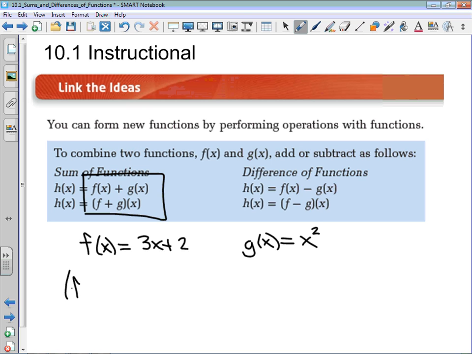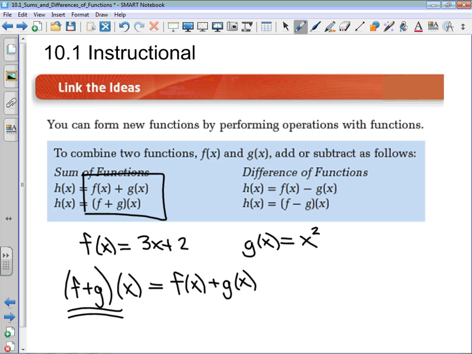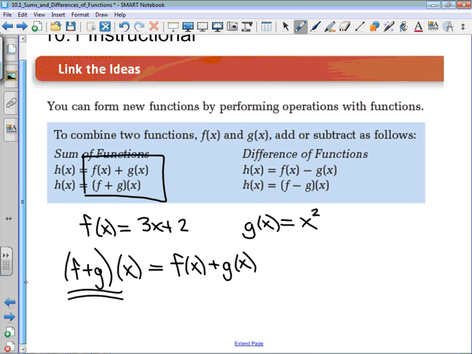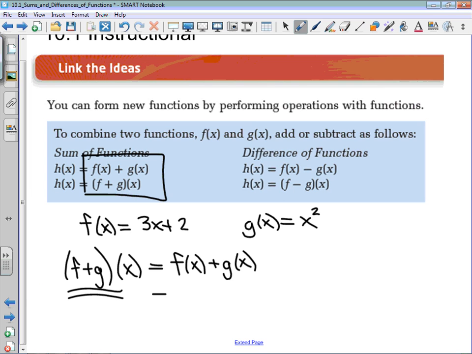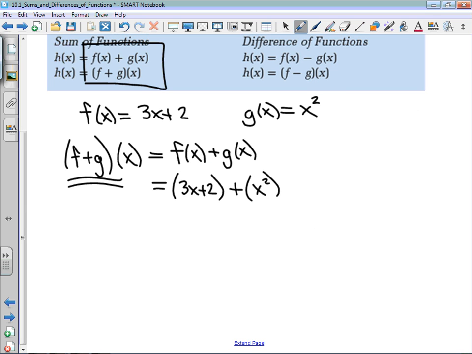So then f plus g of x, really important to notice that the function lettering itself is in its own bracket. f plus g of x, and I'm going to write both ways here, is f of x plus g of x. Students do tend to like this form because then they can substitute it with the functions themselves. So f of x, which is 3x plus 2, plus g of x, which is x squared, what that yields is, if we do the standard operations, we're going to write it as x squared plus 3x plus